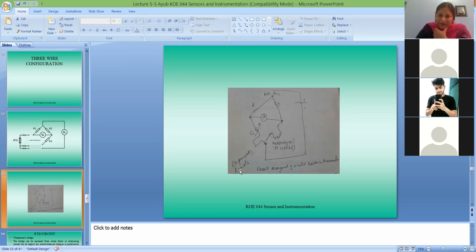But why do we connect these compensating leads? We connect these compensating leads because you are connecting this coil with wires. So these wires are also offering some resistance. So we connect the same amount of resistance with compensating leads in this wire, so that they both will get cancelled. Understood? So that's why your output voltage will be proportional to the temperature resistance change of this coil.